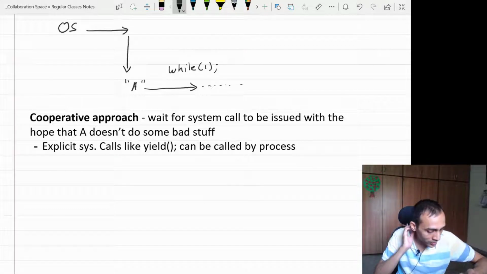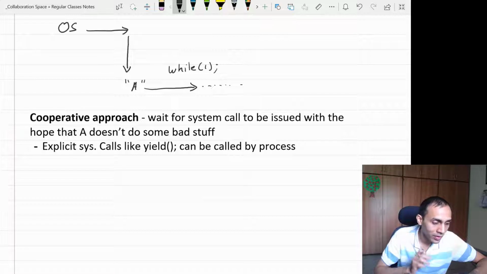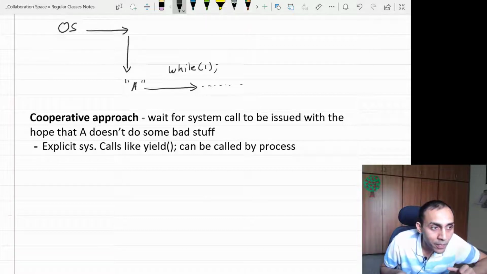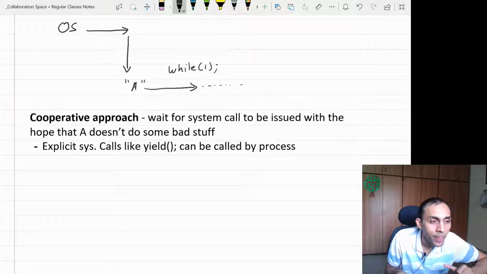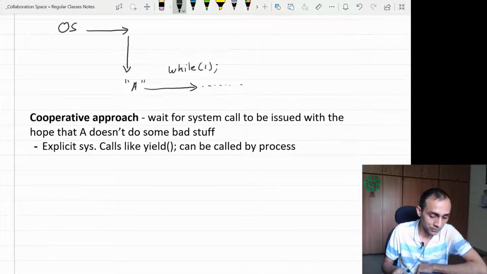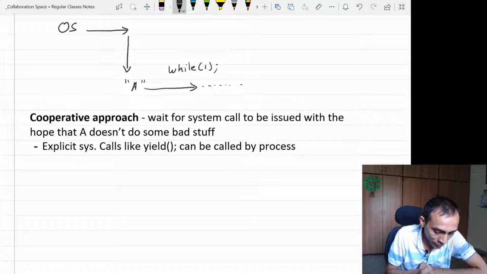But who will put it? Because OS is not in control. The CPU currently, the process A is running on the CPU. So whatever instruction can be issued is by the process A only. If a program is running for more than a specified amount of time, then probably the OS will get the control somehow. Yeah, but some mechanism has to be there. So we'll come to that mechanism.